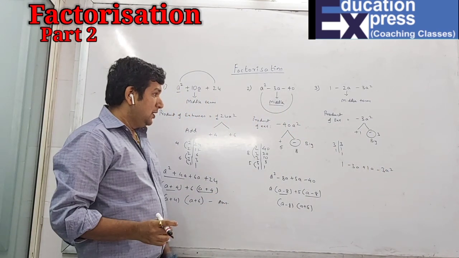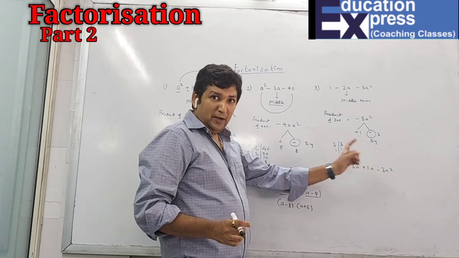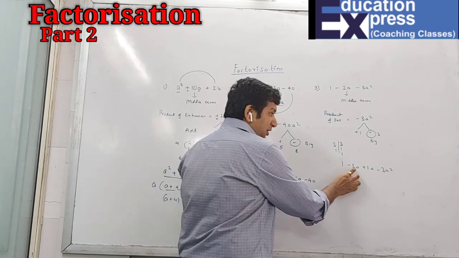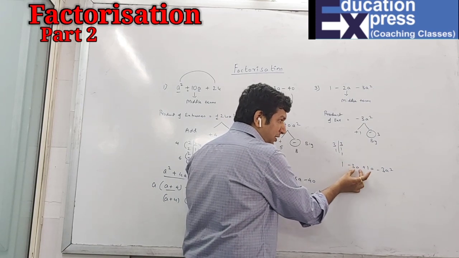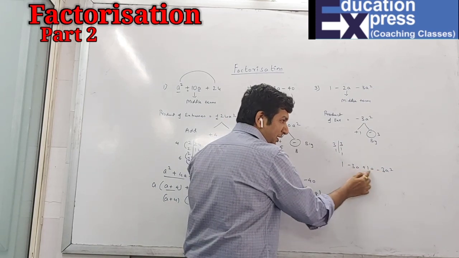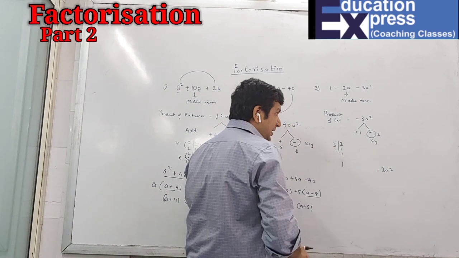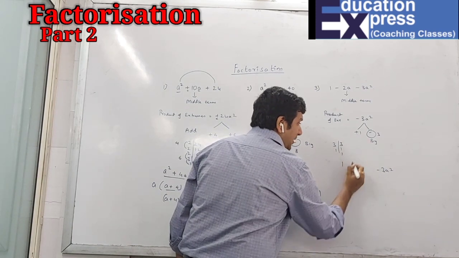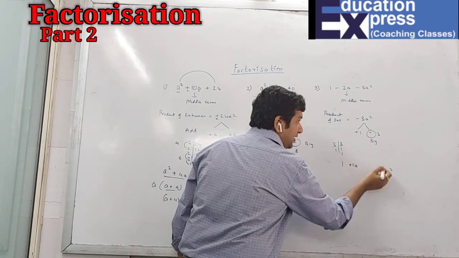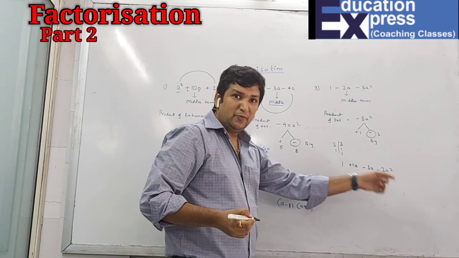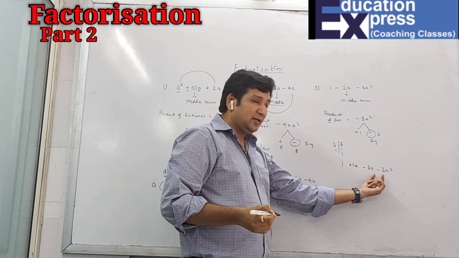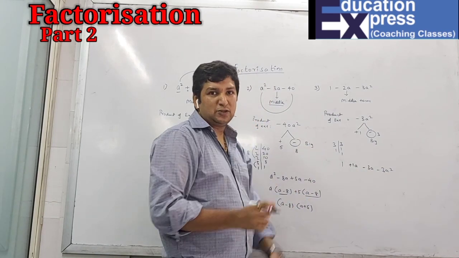Now here students, purposely I have written this, but you can see one more thing, that 3 is there and here 3 is there. So the best part will be that if you can write 3 next to the 3, that means instead of writing this way with the same sign, you can write 1 next to 1 and 3 next to 3. So it will be easy for you to take the common. So whenever you feel that two numbers have certain common factors, you can place them next to each other.